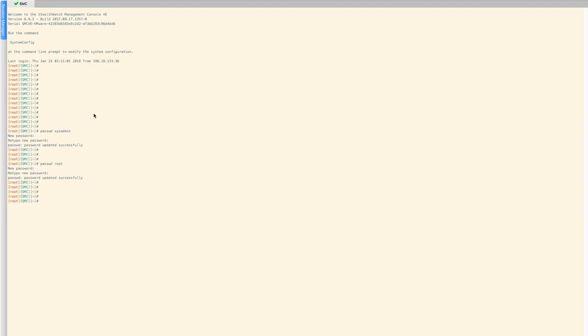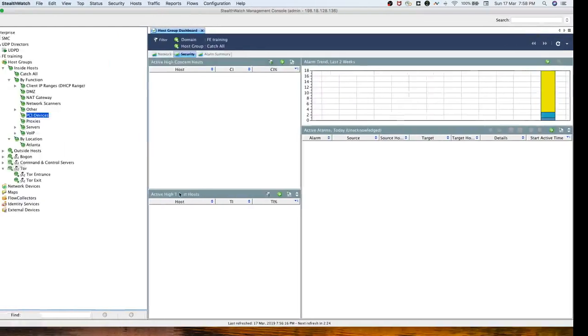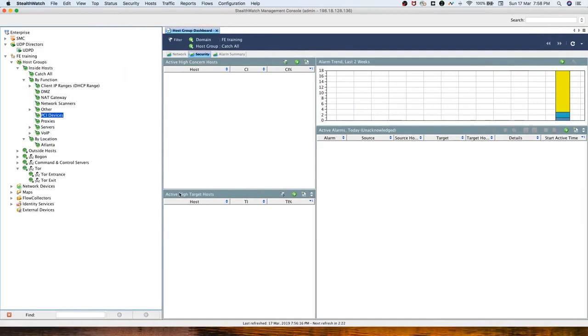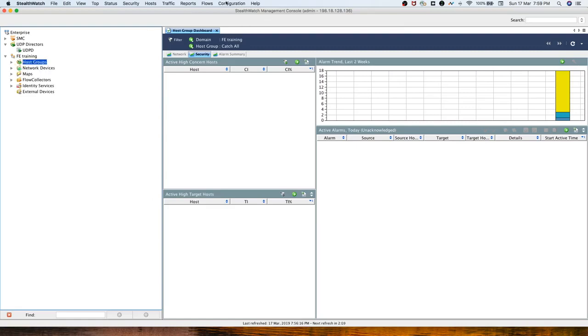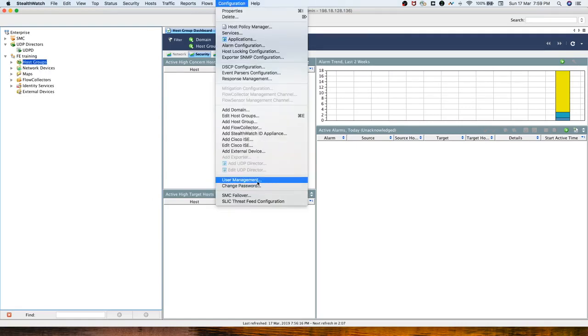Now we move on to how to create the custom users. How do we create those 3 custom users that we discussed earlier? First one is SOC, second one is helpdesk, and third one is SW admin. So the SOC user will be having access to all the data, but it will not be able to perform any non-config functions. So in that case, we'll go to configurations, user management,